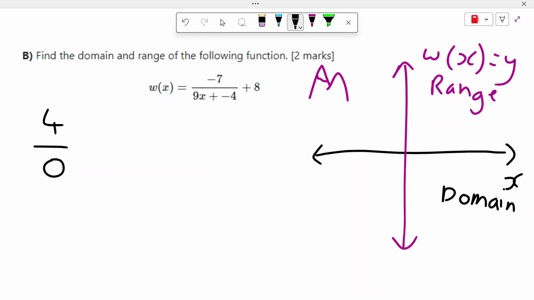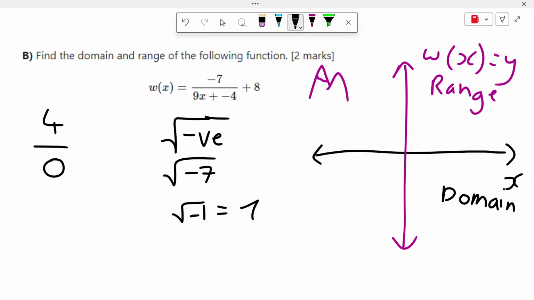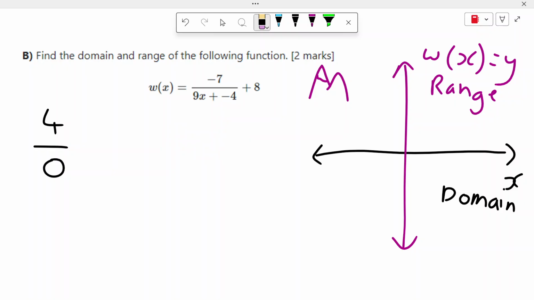There's also another way that you can break maths, and that is if you have the square root of a negative number. Something like square root of -7. Punch that into your calculator. If you're using a ClassPad, you have to turn off complex. You have to go to real, because there is a whole branch of maths that deals with the square root of -1 being this thing that we call i, and it is called an imaginary number. So yeah, make sure you turn that off. Cool, so we're not really dealing with the square root of negative numbers here,